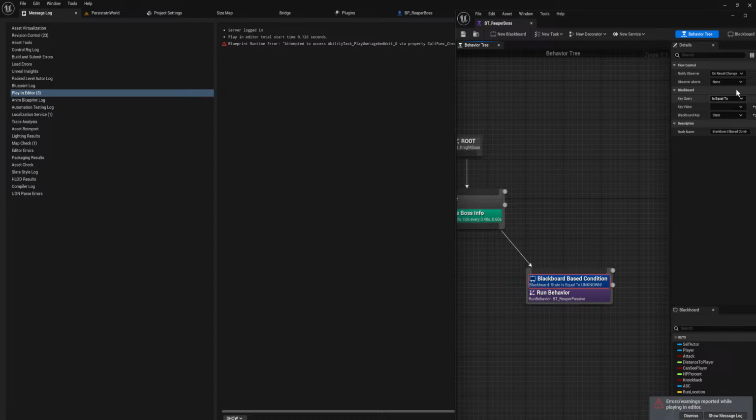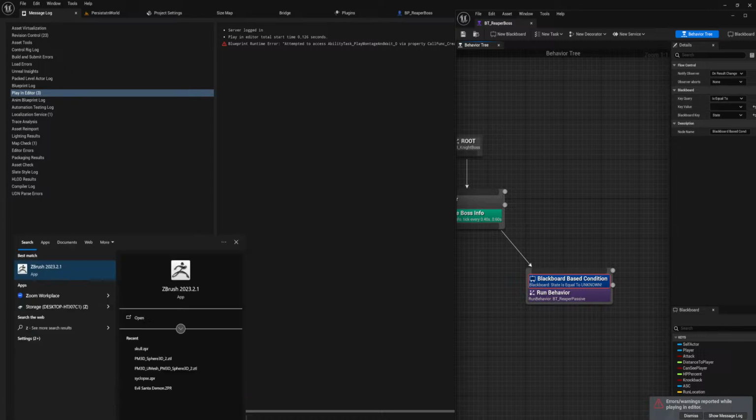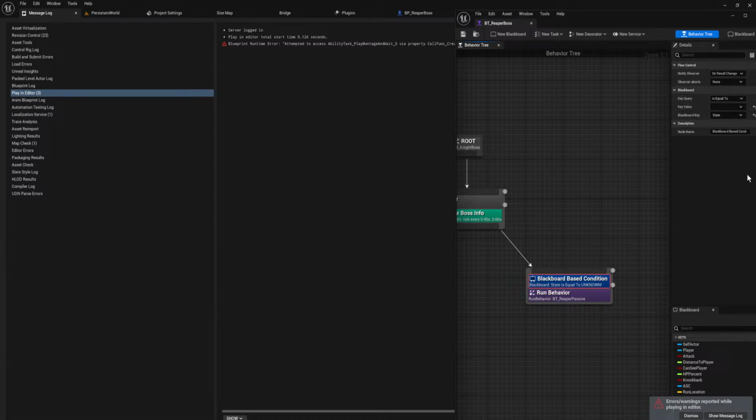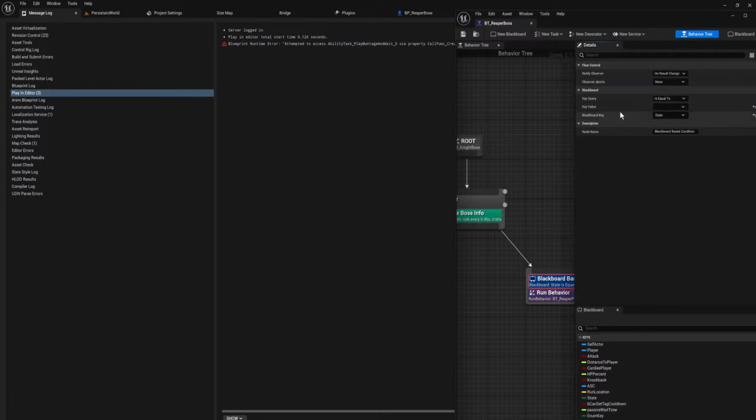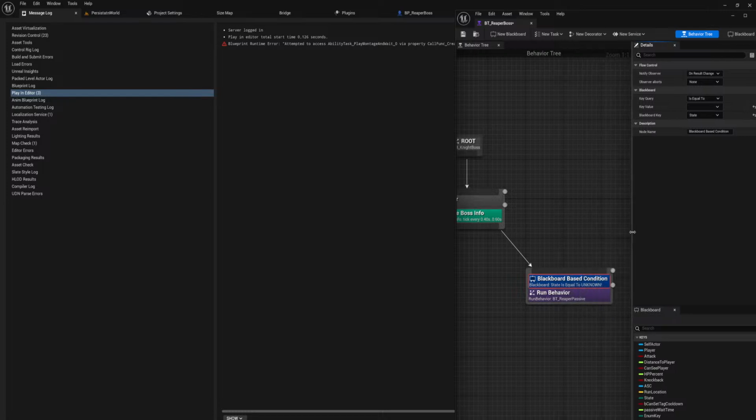Now, first and foremost, we do need to change something here. Also, let me enable that. Because we have an issue here where we straight up just can't do shit.